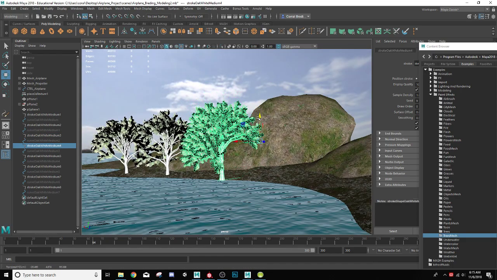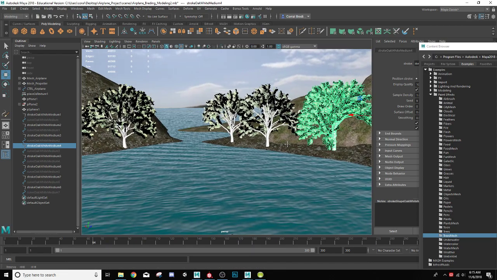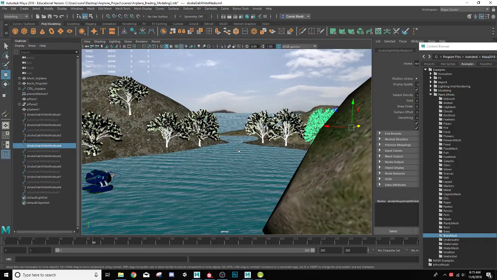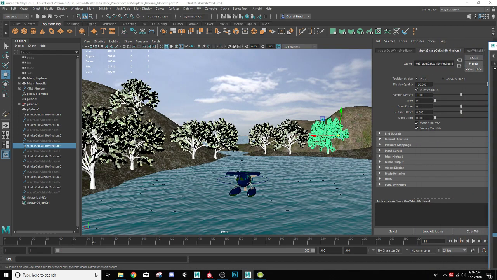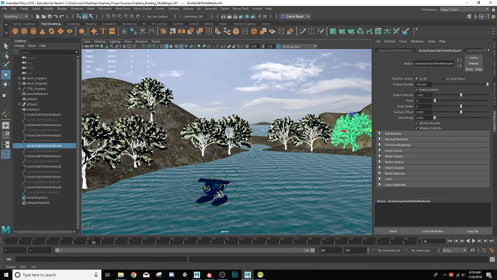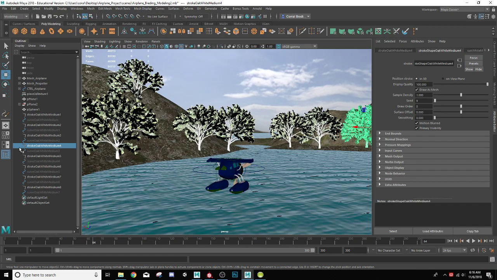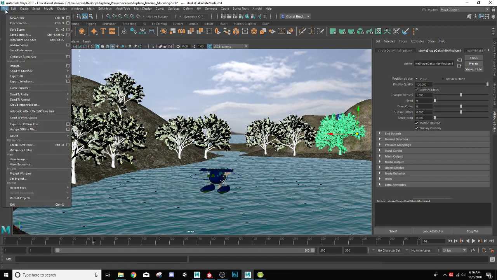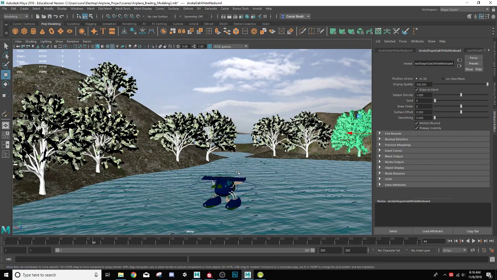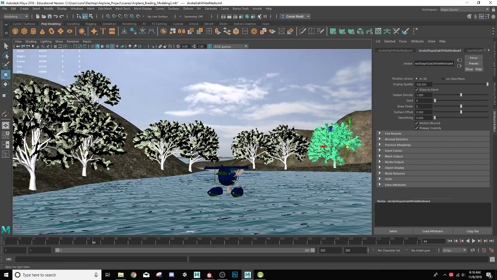Now, something else you want to consider is that these leaves also have dynamics built into them, meaning that there will be some kind of breeze going on, meaning that all the trees and leaves will try to move with the wind, which isn't a big deal, except for when you want to scrub your animations, it will make your processing slow down. So when you're happy with the look you have here, so let's say right now I'm happy, let's just see how long it takes for this to render. I'm just going to go ahead and save just in case. Sometimes this takes a little bit more processing power than you're expecting. It can crash Maya. So let's go ahead and do a quick render and